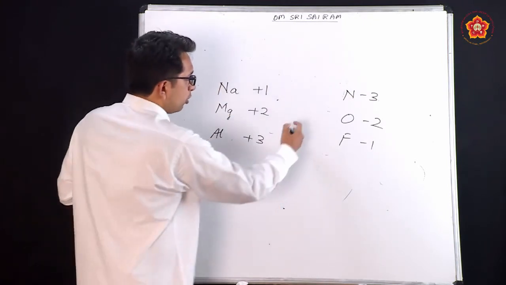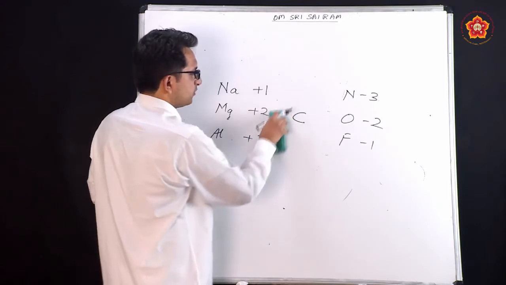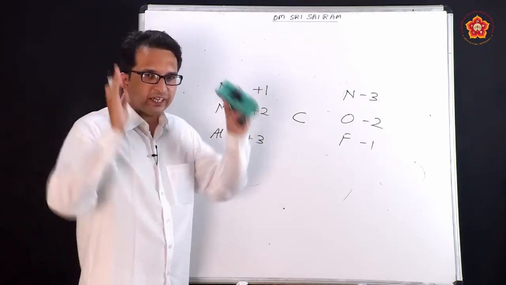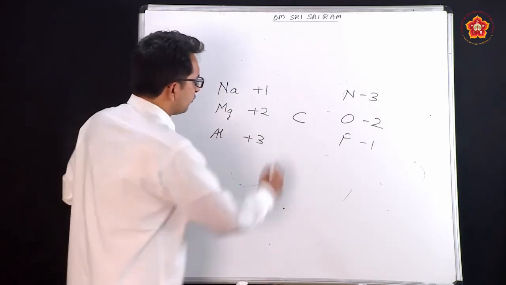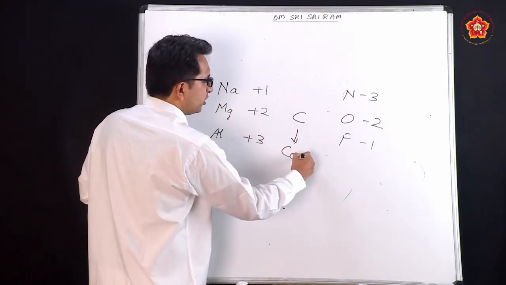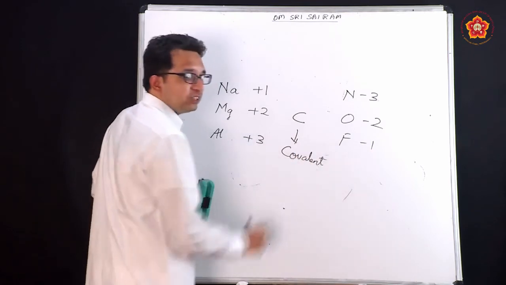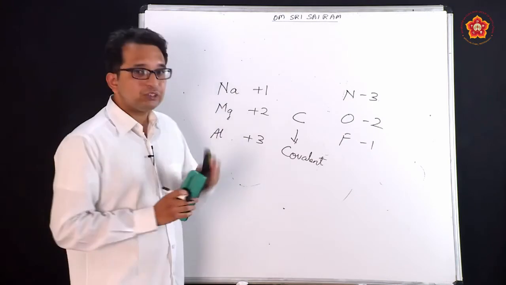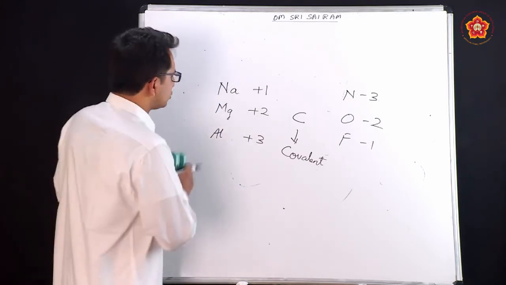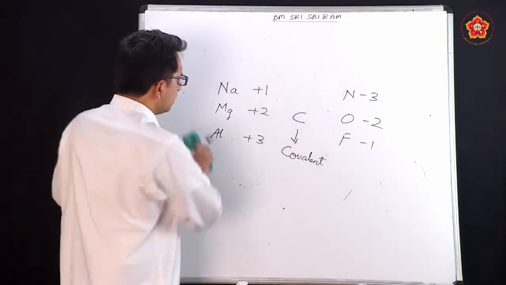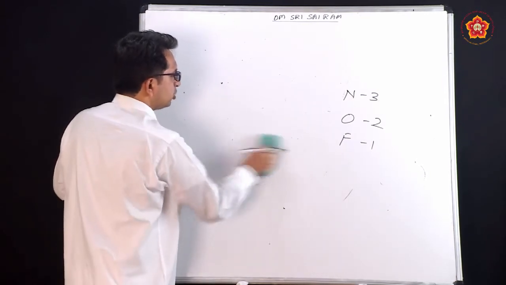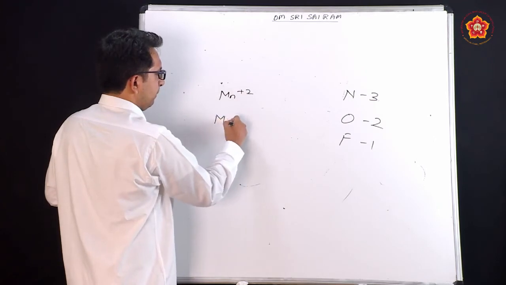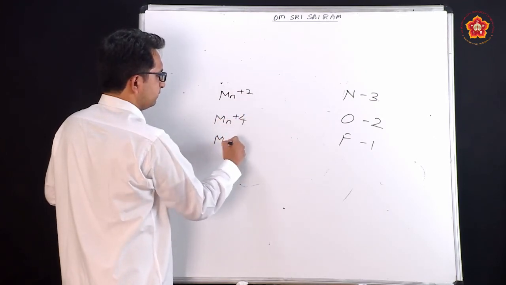But remember, what was the case with carbon? Was it taking electrons or giving electrons? If you remember, your entire organic chemistry is based on the fact that covalent bonding happens in carbon because it likes to share electrons with others. So now here also, as the oxidation state is small, using this as the basis, let us talk with respect to the Mn ions that are shown. Mn plus 2 was the one which they showed, Mn plus 4, Mn plus 7.